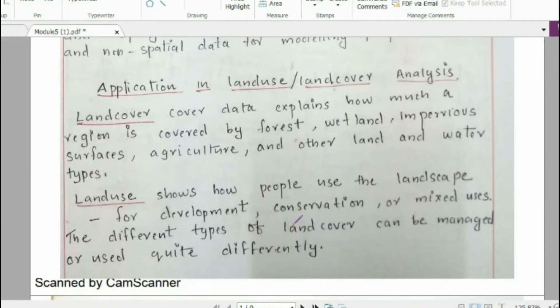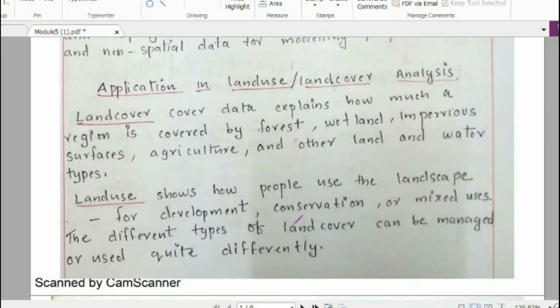So first I will be starting with the application of remote sensing and GIS in the field of land use and land cover analysis. To define land use and land cover analysis, you must know how the Earth's surface is covered with various features.